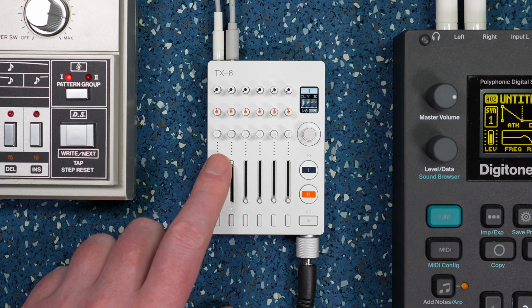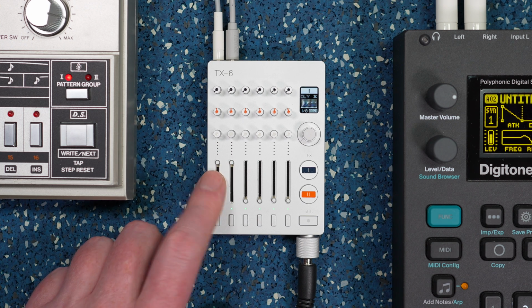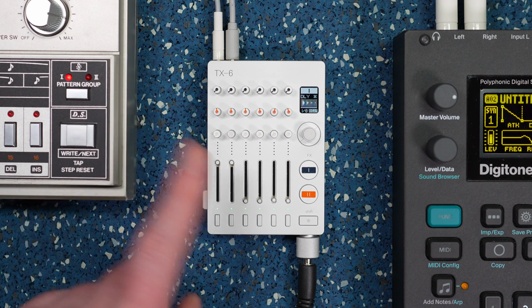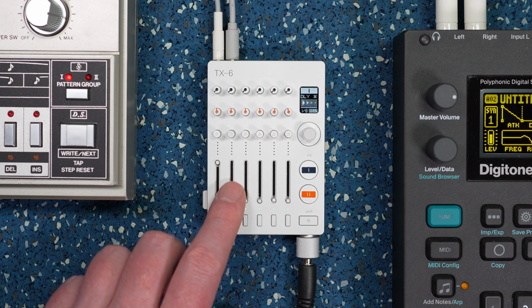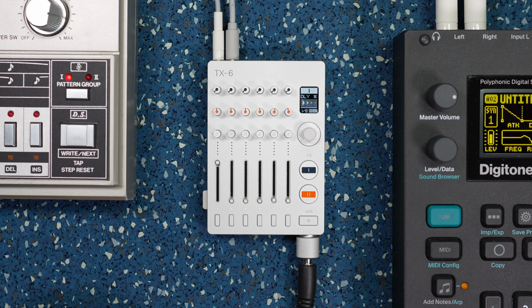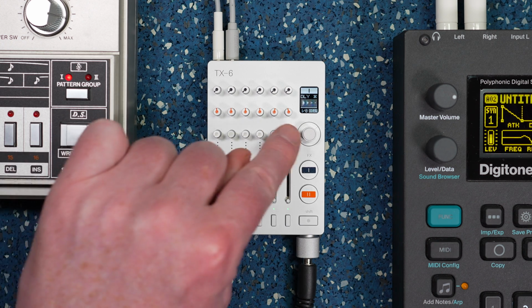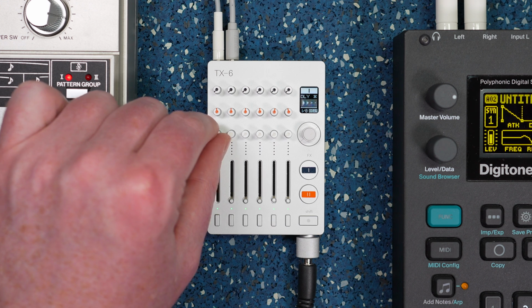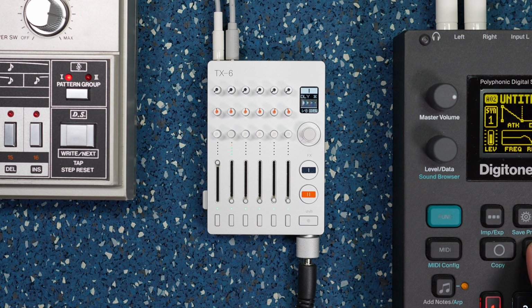So I currently have the Digitone set on the first stereo channel, and on the second channel I have it set to a mono channel, and that's the TR-606 coming in for drums. So I'm actually going to turn off the 606 or just move the fader all the way down, and these I actually have set as my send levels. So right away, if I play my Digitone pattern,